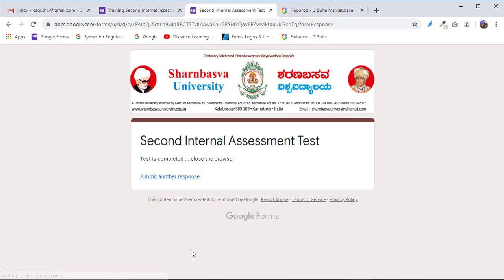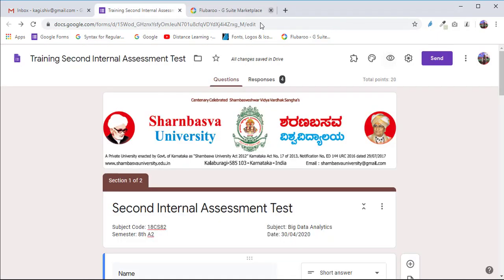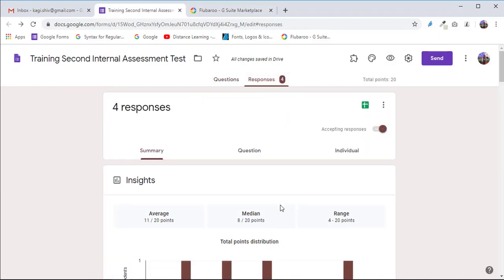Done. Now close, and check how many responses. Four. In that, the first one was the answer key, and the remaining three are written by the students as a demo test. Four responses is enough for me to show you how to allocate 4 marks and how to deduct 1 mark.